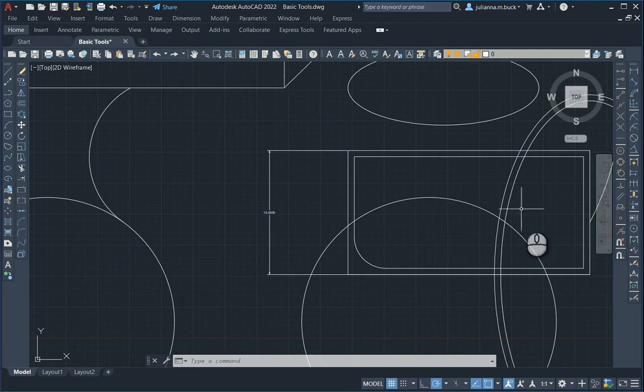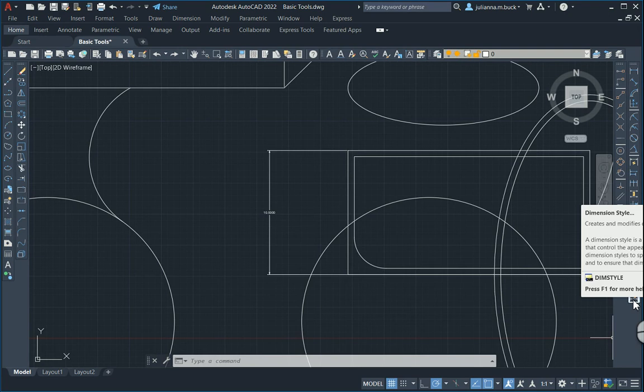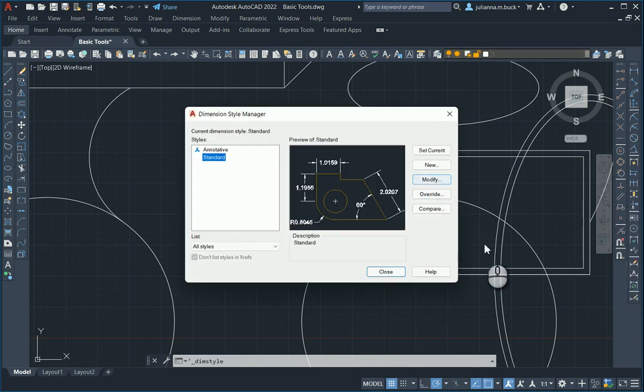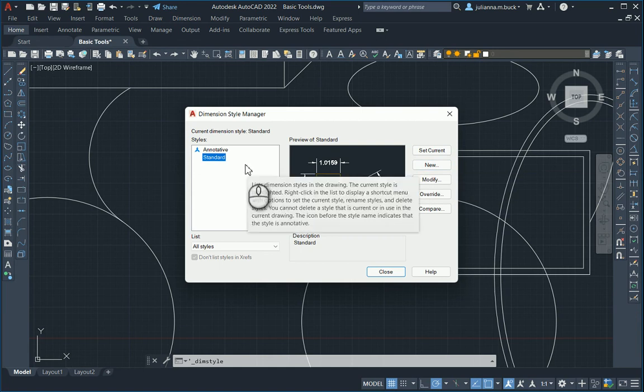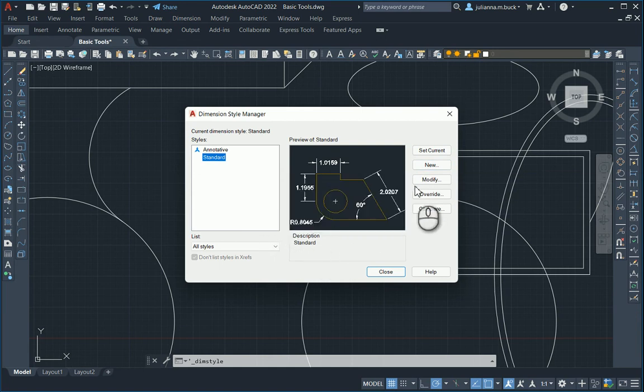The next command I'm going to talk about is actually going to be the dimension style command, which is on the opposite side of the Dimension Toolbar. In this command, you can change the style of the text for your dimensions. So you just select the icon, and you can create a new set of settings, but I'm just going to modify the already existing ones. So I'm going to select Modify,